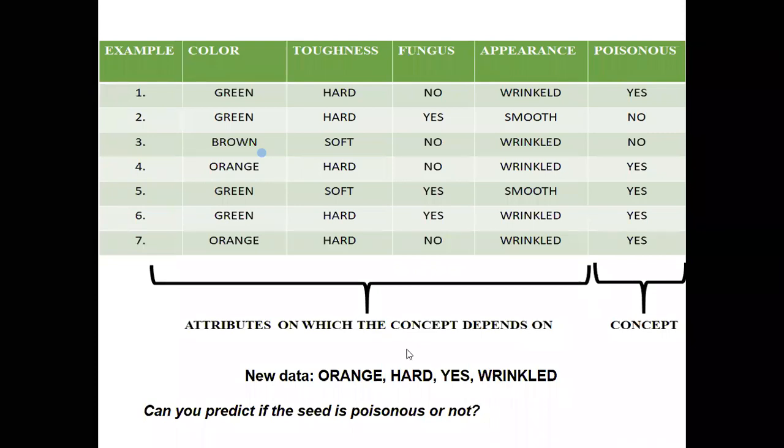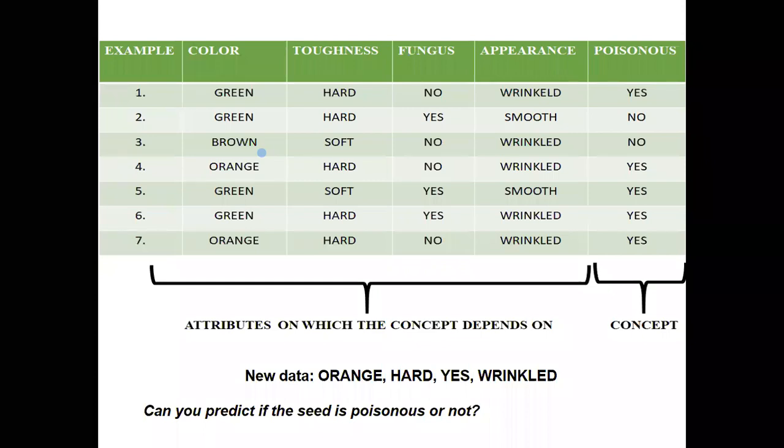So when you see this new data, you have to classify it. Our system has to classify it as either poisonous or non-poisonous, just by comparing with the given examples. I am not asking you to apply any algorithm. We have not learned any algorithm in machine learning here. Just looking at the examples, can you classify this new data into one category, either poisonous or non-poisonous? Just compare and tell me.